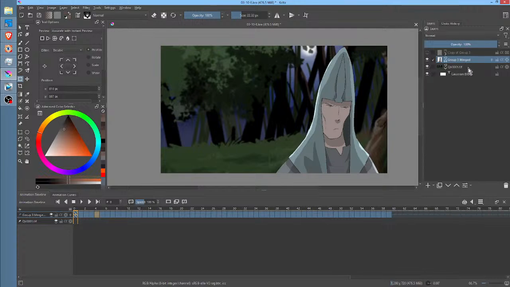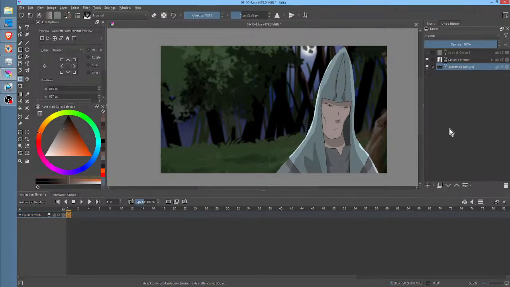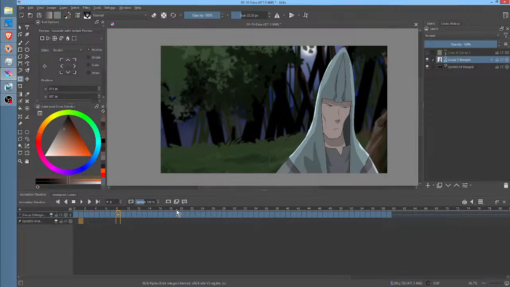Okay, so this group I'm going to merge because this is basically the background, and it's got a, I don't know if it's color correction. It's probably blur, actually. And there's no reason to waste CPU cycles on calculating the blur on every frame. In fact, that actually dramatically sped up the animation cache.